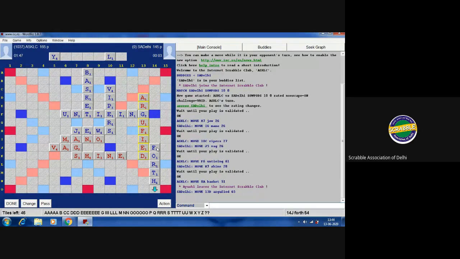Are you hanging on to the Y in this particular case? Because the chances of me having a Y is very less. There are only two in the board. But if I end up with an S, then I can always open that up, because fourths is... yeah, it's very risky to place it there. Yeah, exactly. Because here with an F, you can place anything, because it's totally open, above and below. It's totally open.